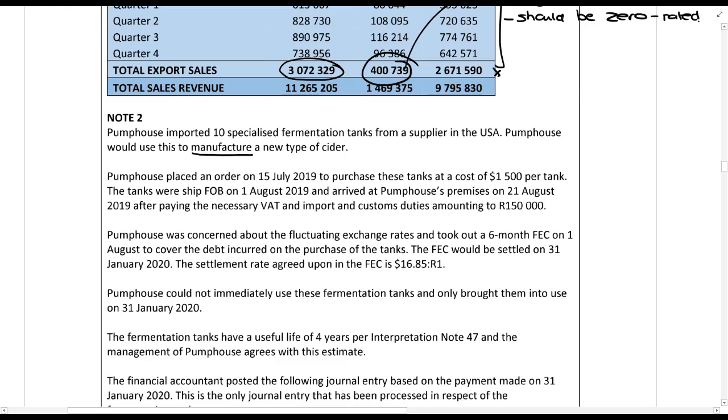Pump House placed an order on the 15th of July 2019 to purchase the tanks at a cost of $1,500 per tank. The tanks were shipped FOB on the 1st of August. Right, so this is our transaction date, but also note that this is in the 2019 year. And they arrived on the 21st of August after paying the necessary VAT and import custom duties of 150,000. Alright, so that 150,000, that's the customs duties, right, that'll be added